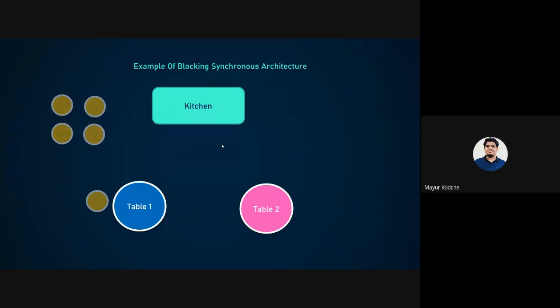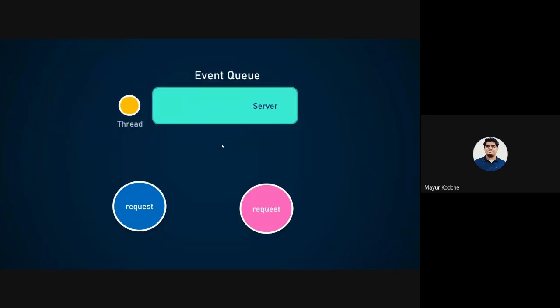Therefore, Node uses a non-blocking asynchronous architecture. Let me explain in a technical manner. In Node, we have only one thread, like the waiter, which takes a request and sends it to the server. It doesn't wait there for a request; it takes another request. And when the request is ready, the database puts a message in the event queue that it is done,